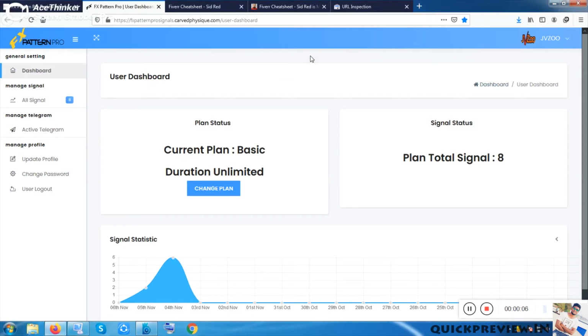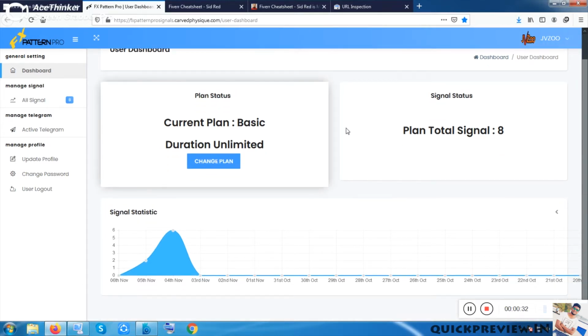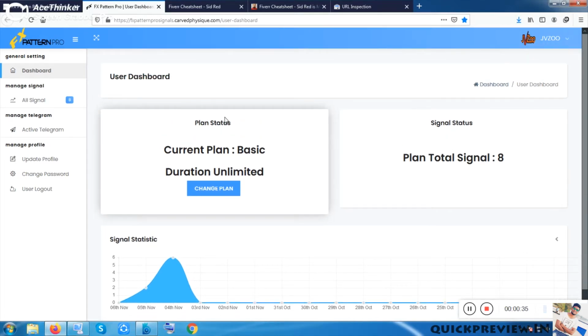Okay, so this is the dashboard. You can see with this software you can do anything about trading. This software is totally based on trading, and these days share market trading, not only these days, from the very beginning, from our very past, trading and investments were so much trending and also trending these days. That's why the vendor or the owner created such kind of software, and you can do everything about trading,